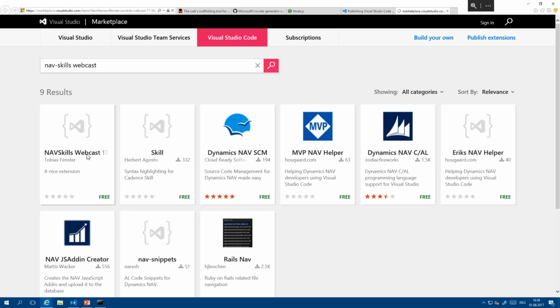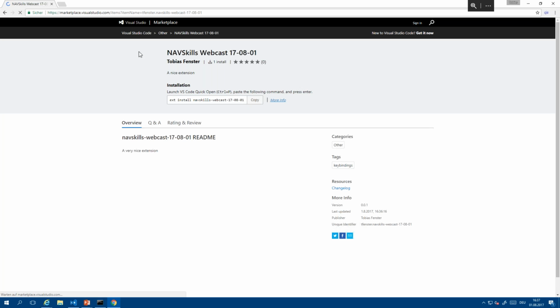Then we get that extension that we just generated. And once again, it's not working in Internet Explorer, so I'm going to use Chrome because it's working there. And here we are. We actually have one install, so hopefully one of you already was able to install our extension. And you can see that we have added that Readme file right there.